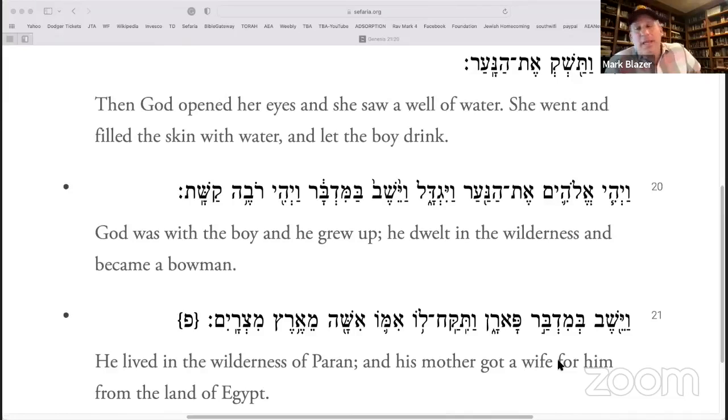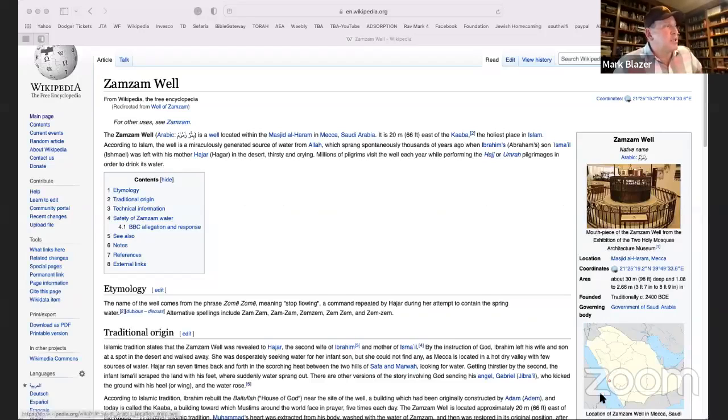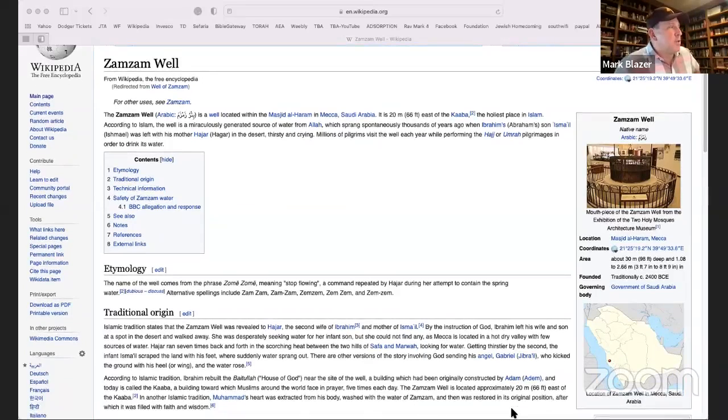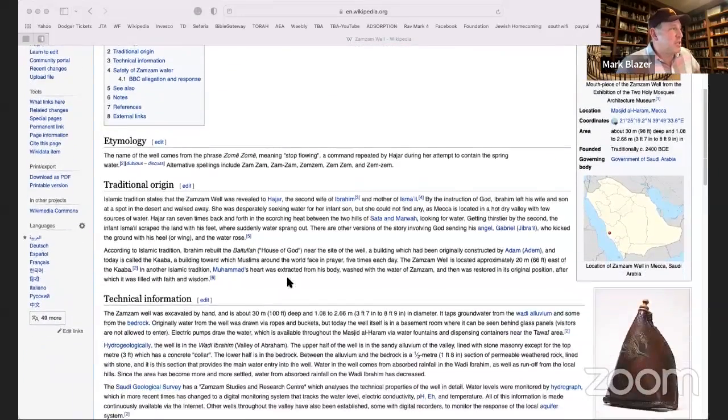But this story and the story of the binding of Isaac were traditionally read at Rosh Hashanah. This is the Islamic tradition of what happens at this place, at this well. It's called the Well of Zamzam, and it is near Mecca. Now you wonder, how could this possibly be happening near Mecca? But if you are following the Islamic tradition